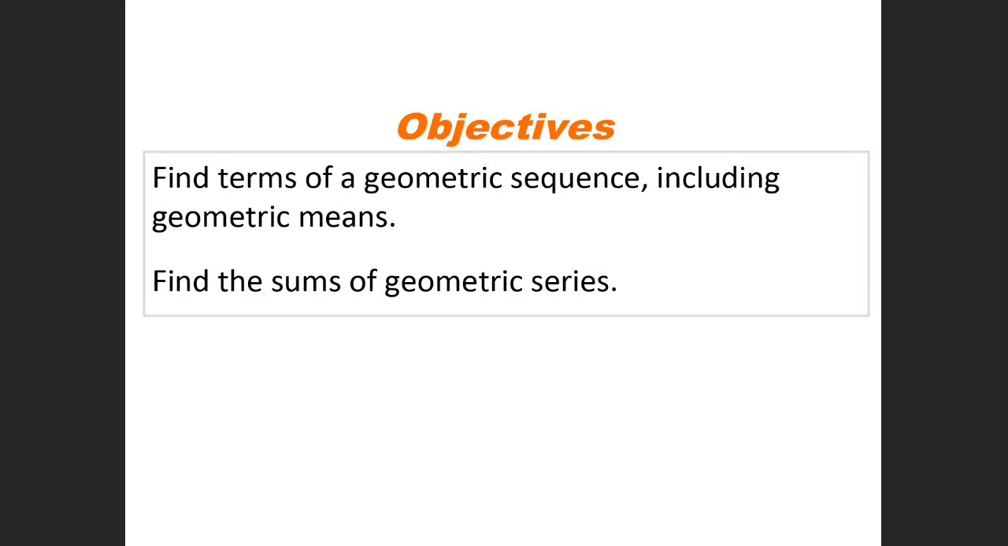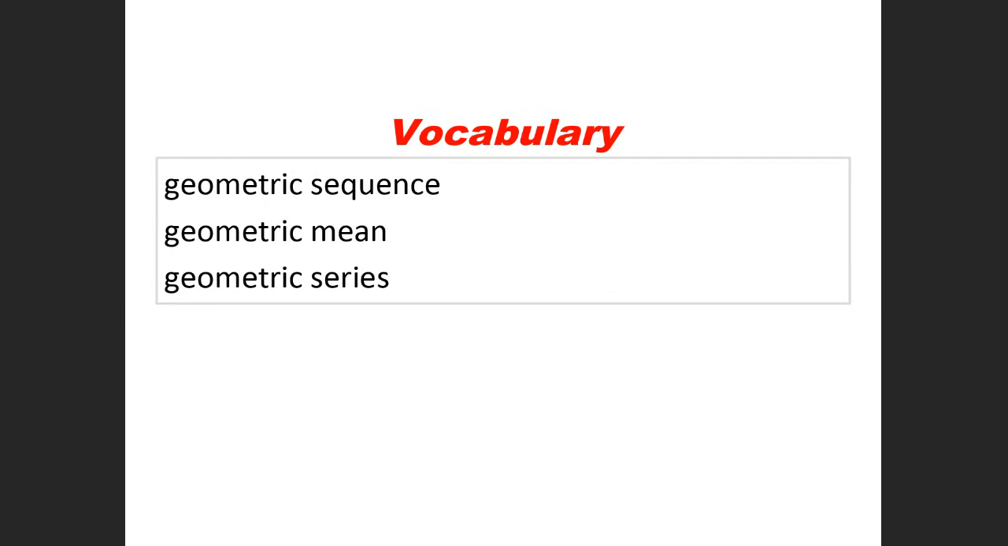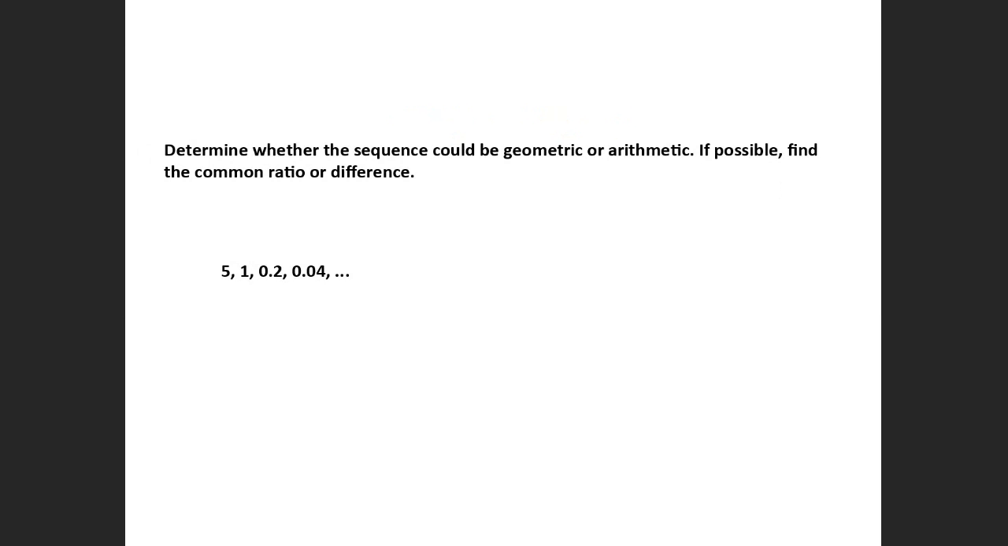So this week our objectives are to find the terms of a geometric sequence, including the geometric means, and find the sums of geometric series. Determine whether the sequence could be geometric or arithmetic. If possible, find the common ratio. Okay, so